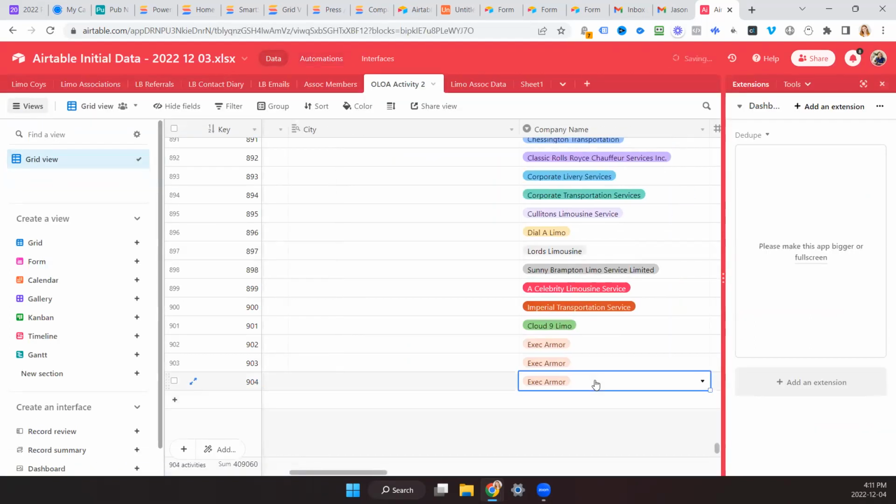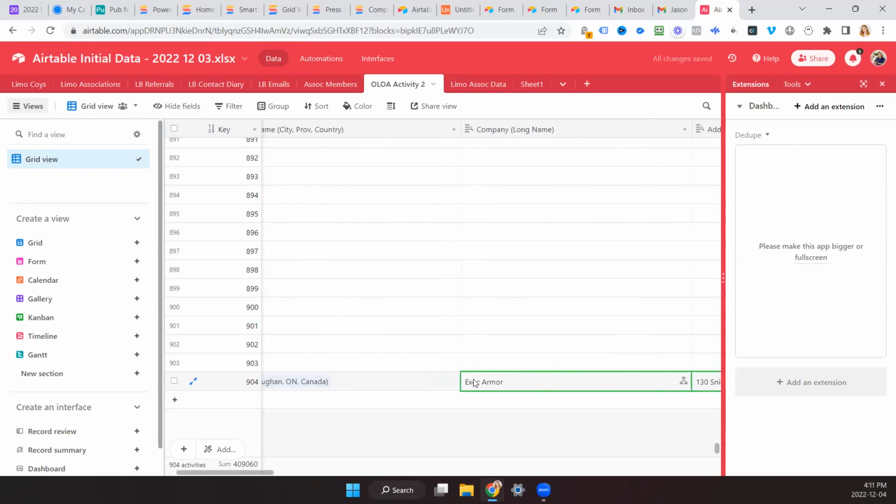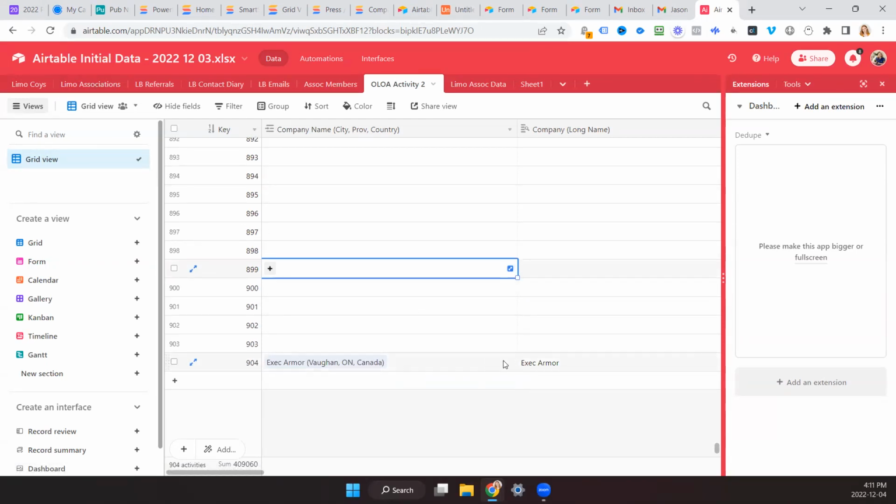So we create a record, it has a certain condition, and all the information just shows up here because we've auto linked it to the companies table. And then we can look up any information from Limo Cos. I know you don't say it that way, but Limo Cos is just short form for company. That makes sense. And that way I can keep more tabs on the top when I see the things.